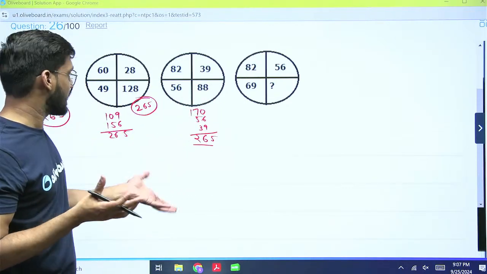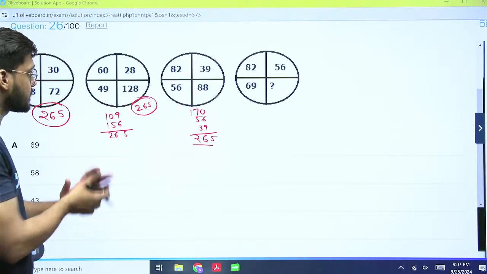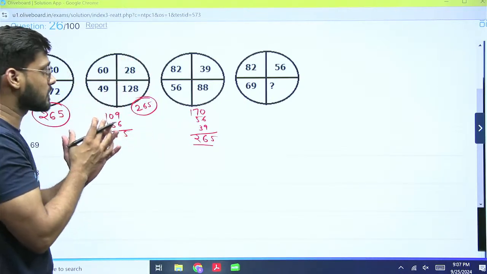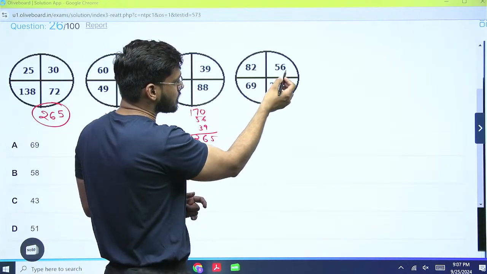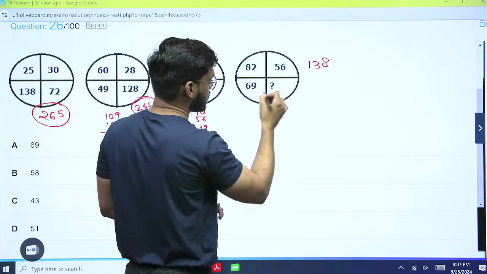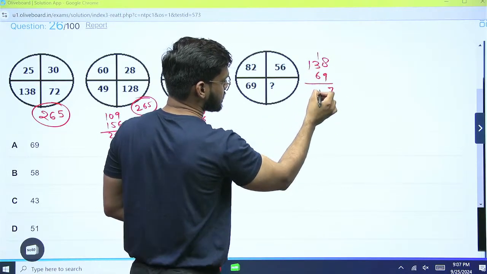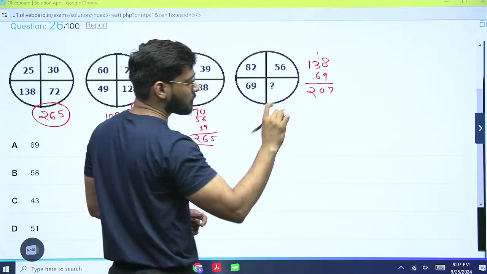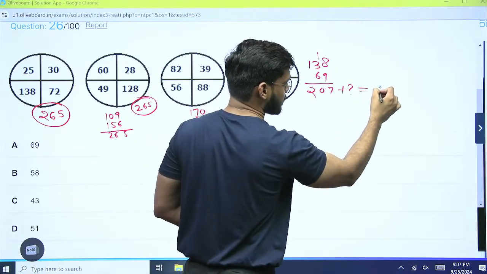So we are getting the logic used behind this pattern, behind this question: the addition of all the numbers. So add all these numbers as well. 6 and 2, 8, and 5 or 8, 13, 138 plus 69, 9 and 8, 17, 6, 3, 9 or 1, 10, 207. We have to add this question mark with 207, and then we will get the resultant as